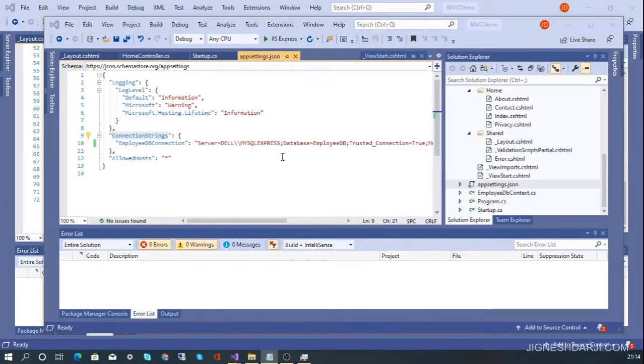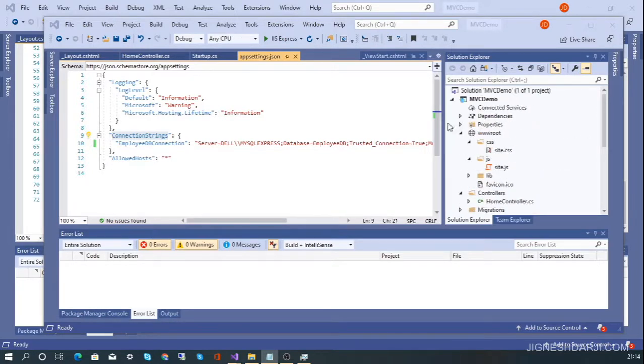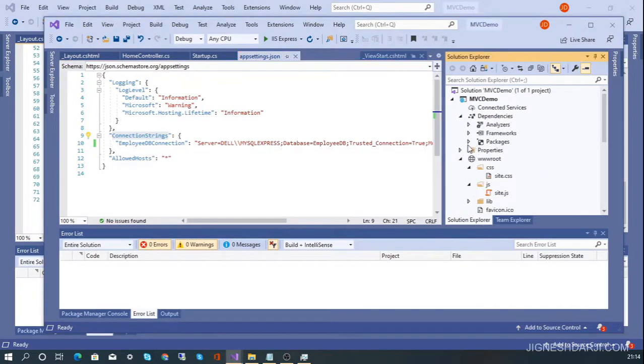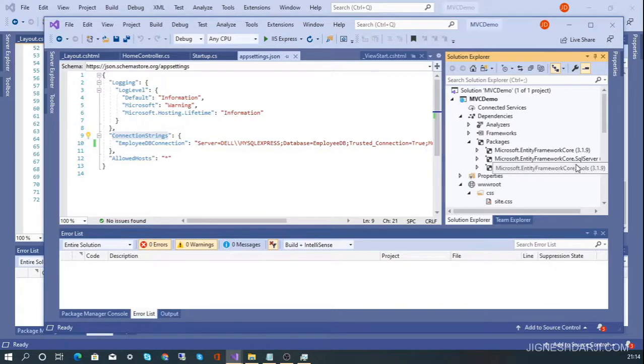So you need to import these NuGet packages. Inside this dependency you can check in the NuGet packages that I have already imported these three packages, that is, Core.SqlServer and Core.Tools.